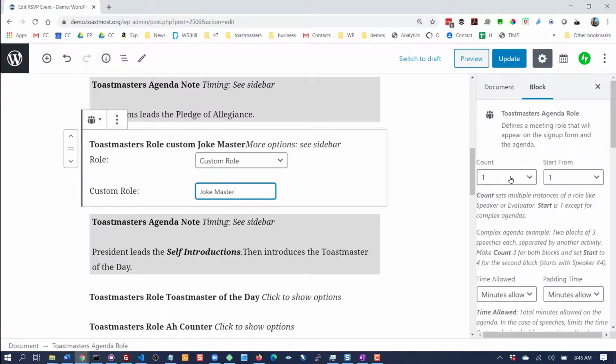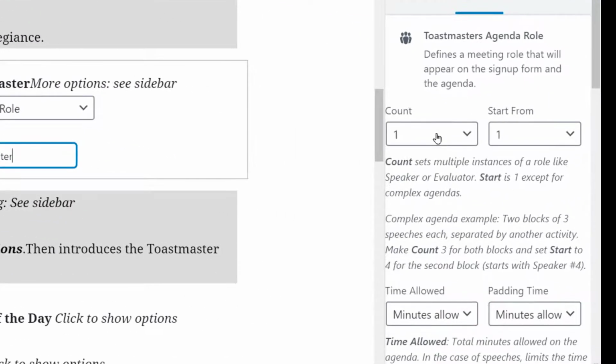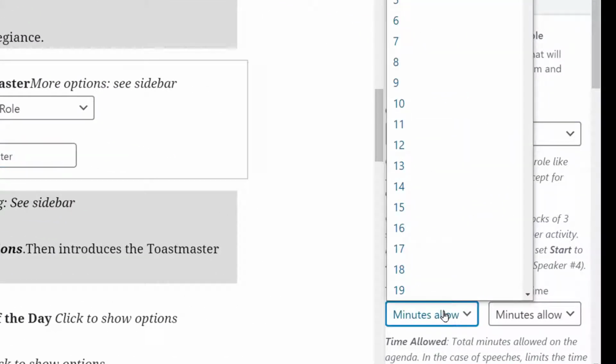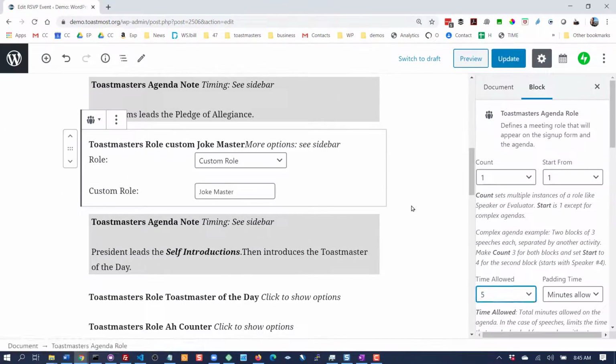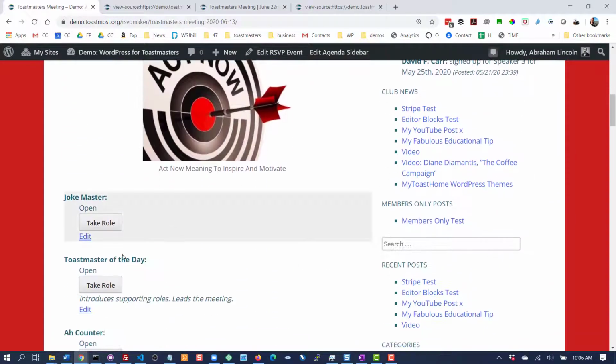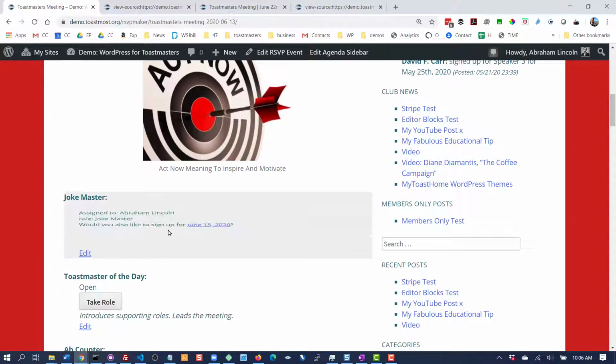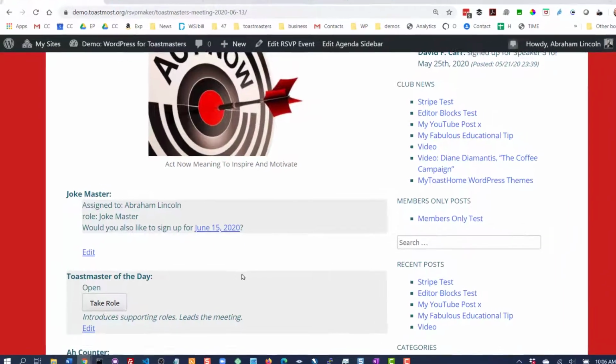So there's only one joke master per meeting, and we're going to allow the joke master 5 minutes to tell their joke. Update this. So when we go back and look, now we have a joke master role available to sign up for, and